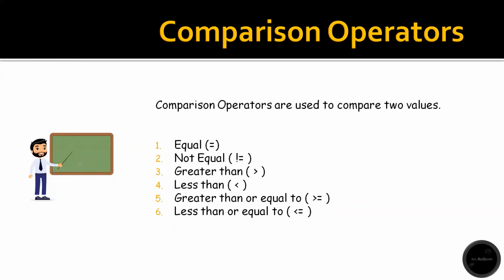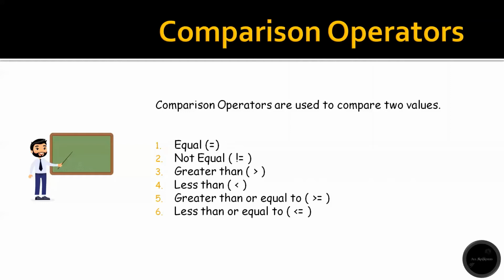Let's move on. So these are comparison operators. Comparison operators are used to compare two values. From the name comparison, it is quite clear that when we apply comparison on certain operands, the answer comes in only two forms, that is true and false. The answer would be Boolean. If you're comparing two variables to check whether they are equal or not, the answer would be true or false. Or if you are checking whether the first value is greater than or less than the second value, there also the answer would be Boolean. So these are the comparison operators: equal, not equal, greater than or equal to, and less than or equal to. That was all about comparison operators.